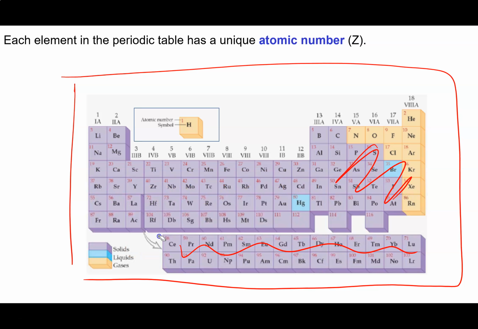Now, what you'll see in the periodic table is that each entry has a number, and it's a whole number, and that's called the atomic number. So for hydrogen, that number is 1. And then also in the entry for the periodic table is the symbol of the element. So every element in the periodic table has a unique atomic number, and you can see that none of the numbers are repeated. Now, the numbers run sort of left to right, and then we go back and we start